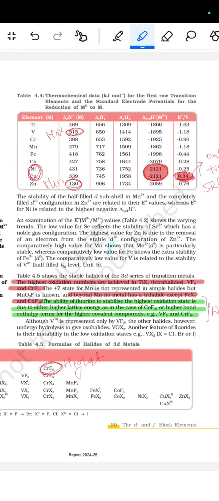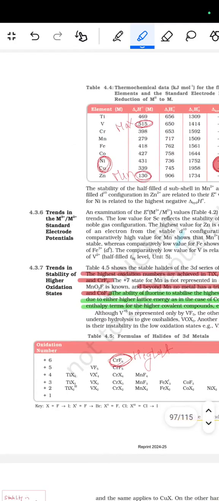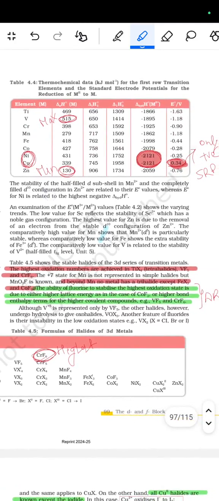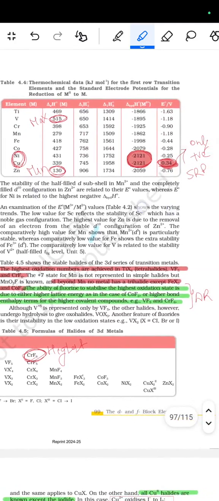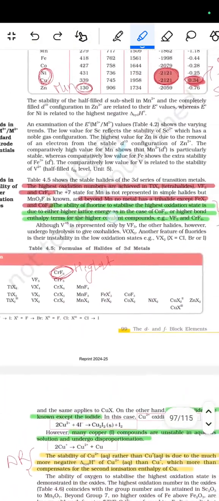और यहाँ पर दिया हुआ है मिनिमम जो होता है ये 515 है और मैक्सिमम जो है 515 है और मिनिमम जो है 130 है निकल कॉपर जिंक के लिए. ओनली पॉजिटिव जो होता है वो कॉपर का ही होता है. उसके बाद ये डेटा है जो कुछ प्रकार से है. फिर इसके बाद नेक्स्ट है